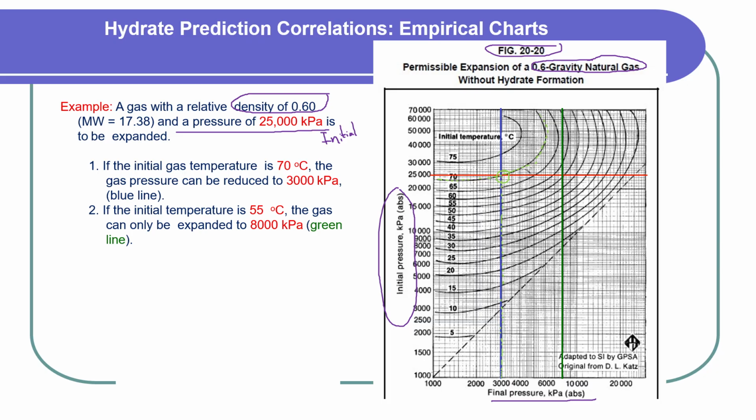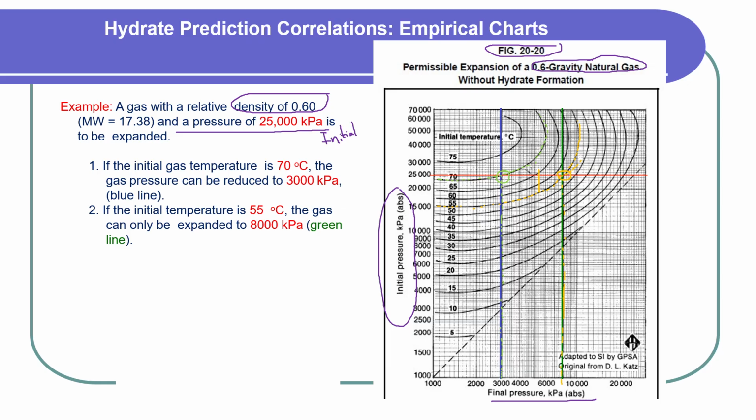If the initial temperature is 55 degrees Celsius, I'm going to draw another line now. I'm going to look at the 55 degrees Celsius. So here is the 55 degrees Fahrenheit, sorry. So here is the 55 Fahrenheit. I'm going to draw this line again, and take it this way, sorry. Okay, and I'm going to take the intersection with the red line, which is the initial condition of 25,000 kilopascal, and go vertically down all the way till I reach approximately 8,000 kilopascal,